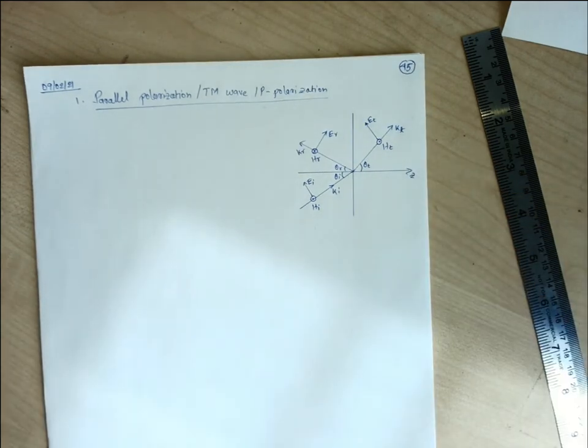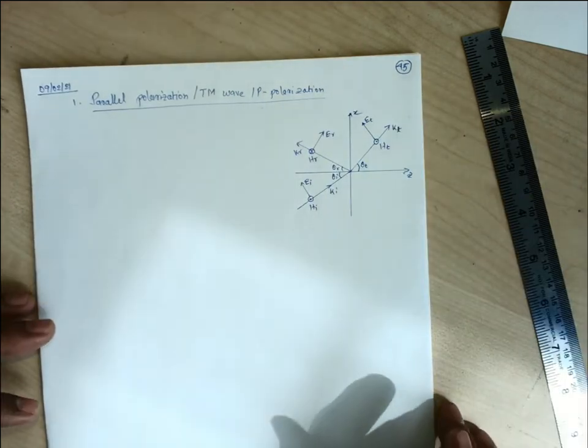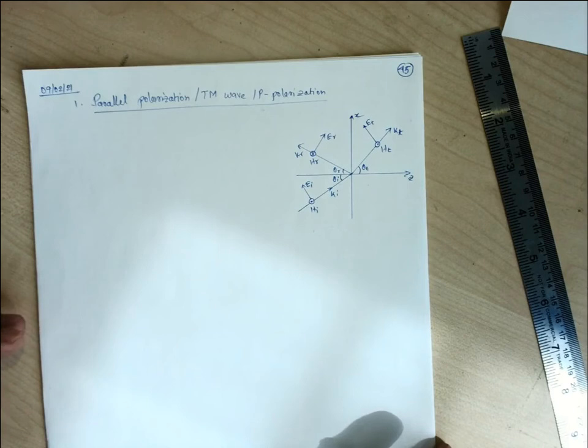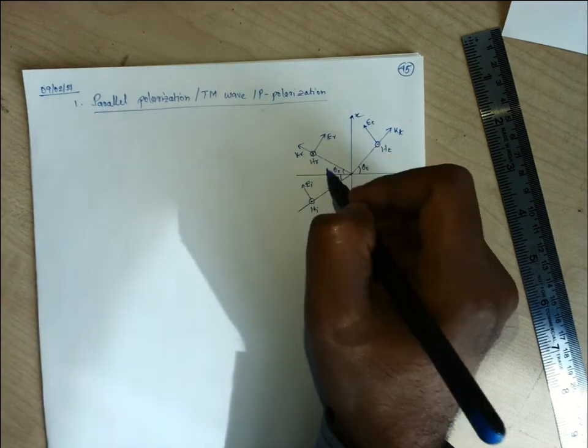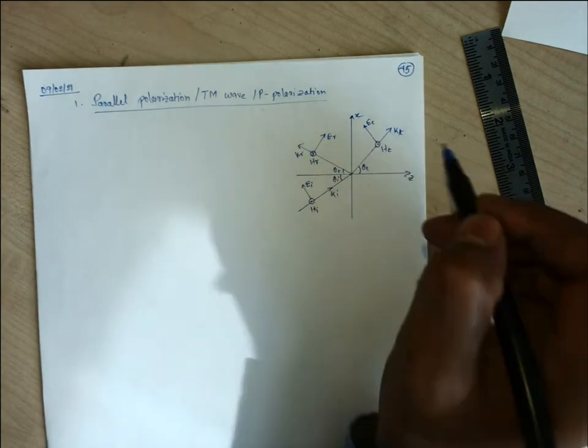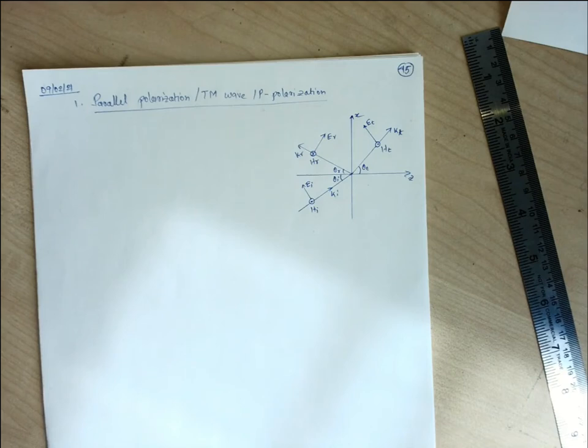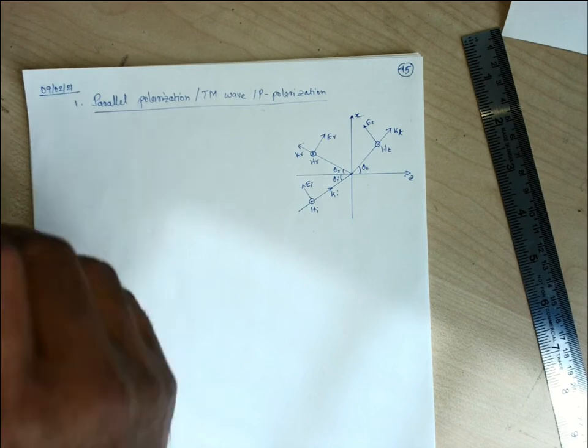So parallel polarization means we have been going with the electric field. Whenever parallel polarization or perpendicular polarization is considered, we need to think about the electric field. So what is the orientation of the electric field? That is what we need to consider. Here this is your x. If we consider the xz plane, this xz plane is the plane of incidence. The electric field, incident, reflected and transmitted, these are the directions for the electric field. The electric field completely lies on this xz plane, which is known as the plane of incidence.